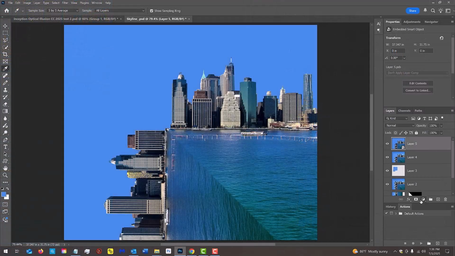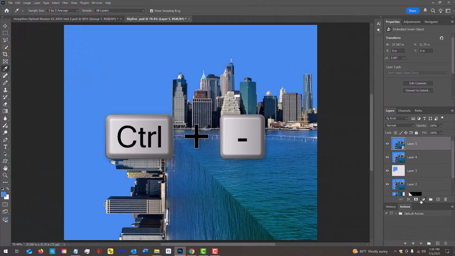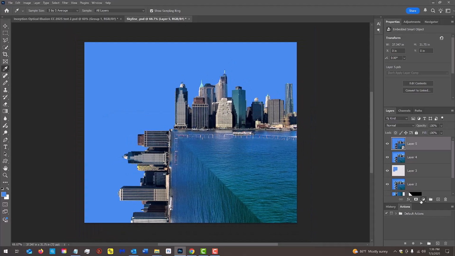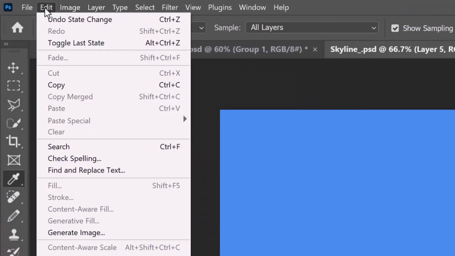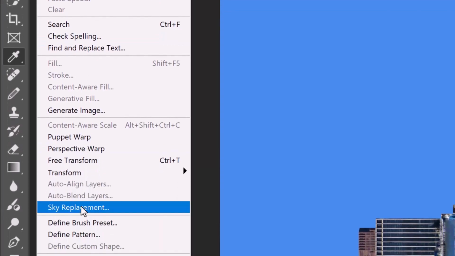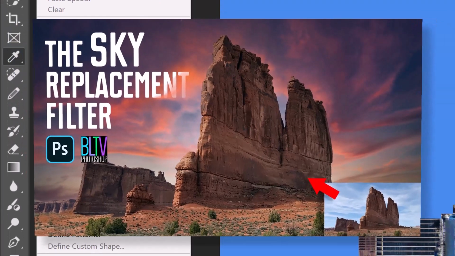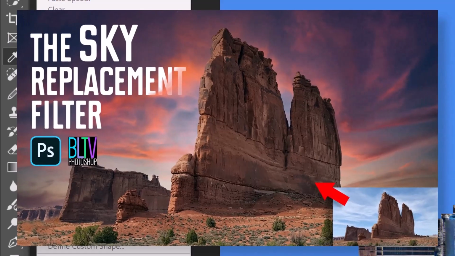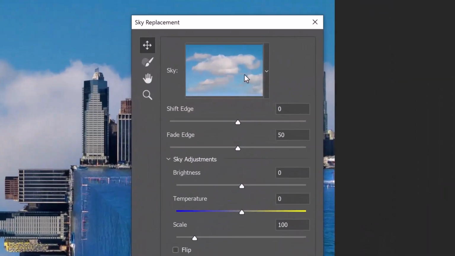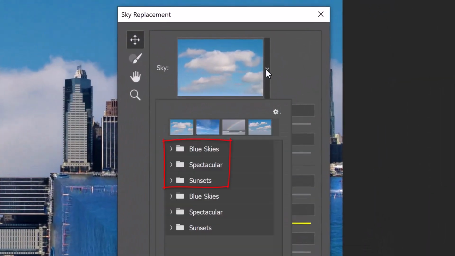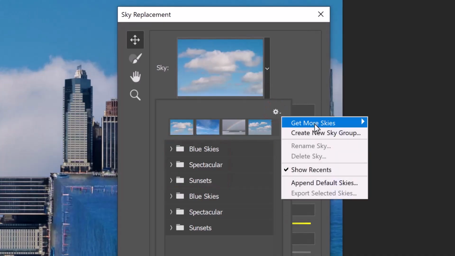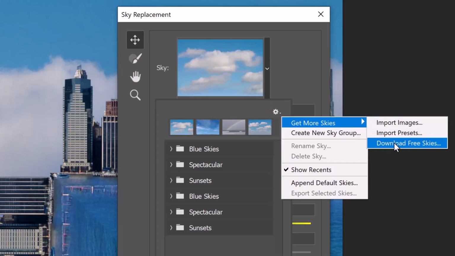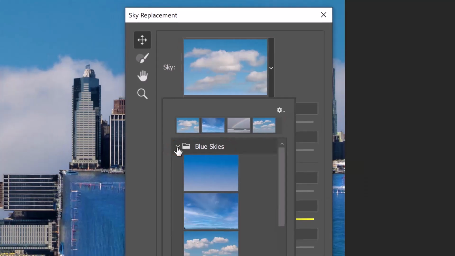If you want to zoom out a bit, press Ctrl or Command and the minus key. Go to Edit and Sky Replacement. I did an in-depth tutorial on sky replacement, so if you'd like to watch it, I provided that link as well. It comes with the top 3 sky packs. To download more, click the gear icon, Get More Skies, and download Free Skies. For this image, I'll open the Blue Skies folder